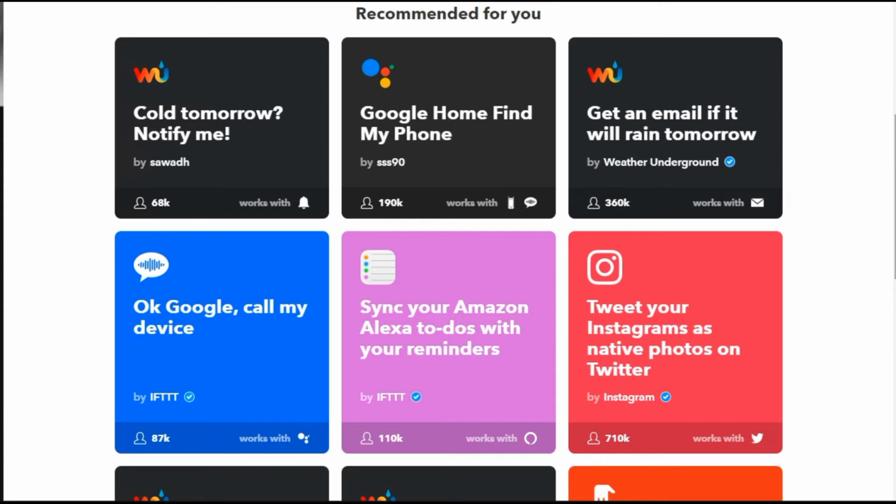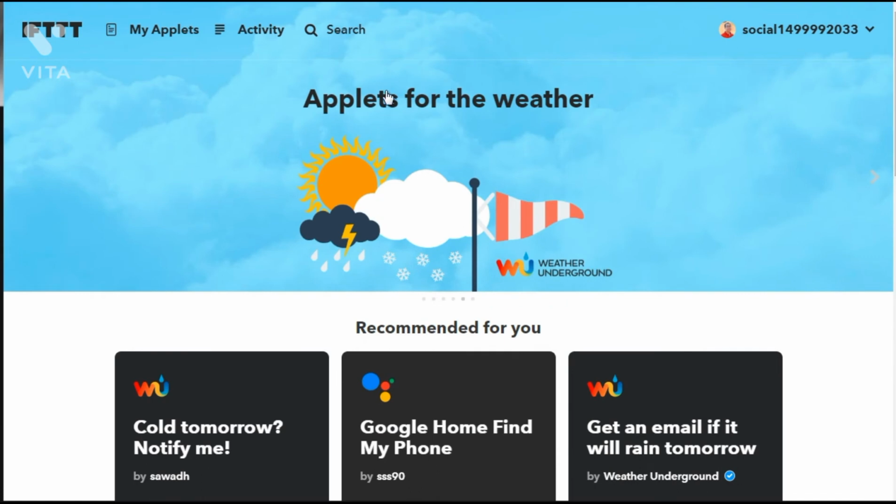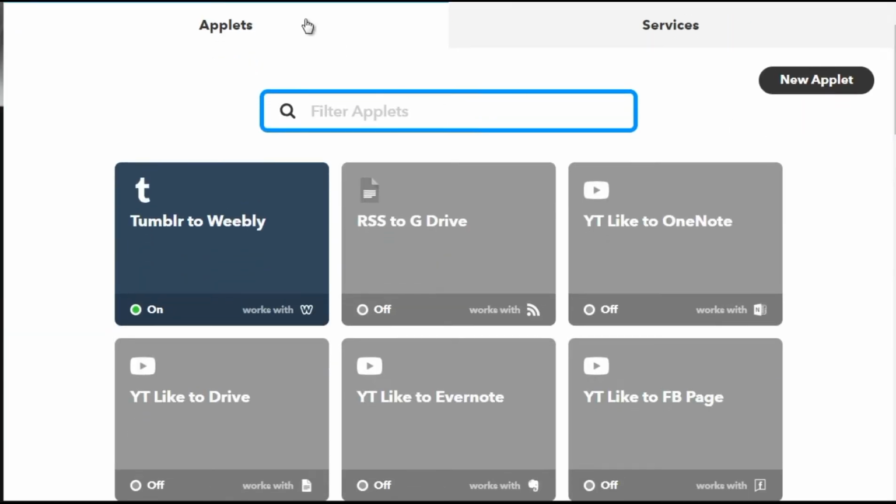So we need to make an IFTTT trigger for that. To do that, it's very easy. All you have to do is go to My Applets up here, and you can do a search for applets. Now, I'm not going to click on Services over here, but this tab allows you to connect to all of the services that you're going to be using.